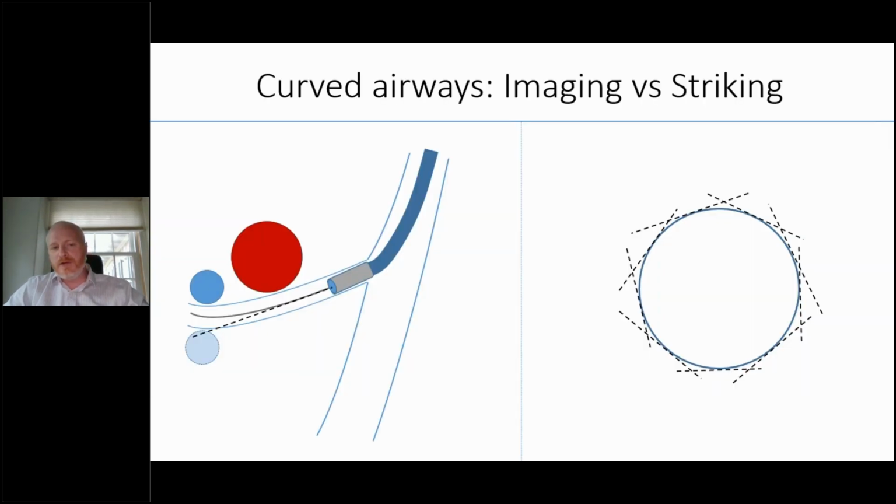First, you need to remember that when you image something on radial ultrasound, the radial EBUS probe is going to follow the curvature of the airway, but the needle may not. And so if you look on the left-hand side of the screen, that curved line is how I've drawn the radial EBUS probe. Now, if the lesion is on the outside of the curve, the tangential pass of the needle will probably hit it. But if the lesion's on the inside of the curve, it probably won't. And so just remember that with curved airways, there's imaging by radial ultrasound, but there's also striking the lesion with a more stiff